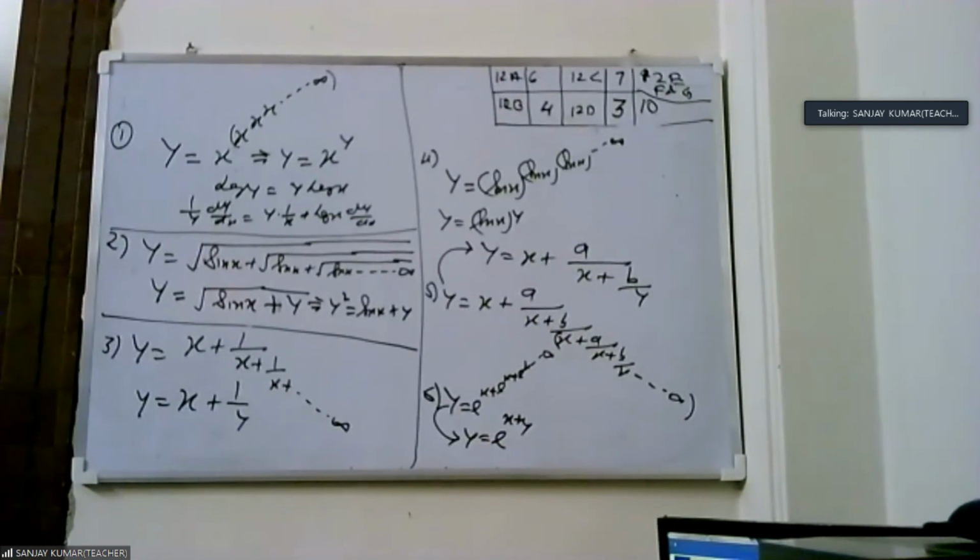Please note down all the things. Copy everything. And find dy by dx. Also find dy by dx. Second question, find dy by dx. We are only converting in terms of y. Now you start the differentiation of these questions. The second question is for 12th A, third is for 12B, fourth is for 12C, fifth for 12D, and sixth for 12th E.